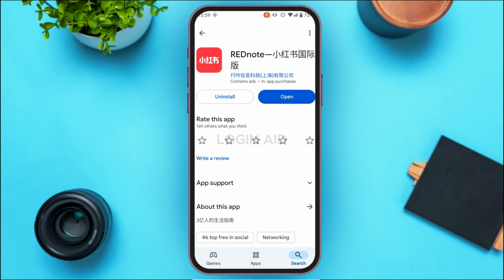And after your application is updated, your Rednote account will automatically be updated and you'll be able to use the new features and benefits. So that is how you update Rednote